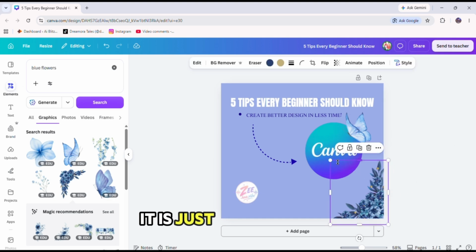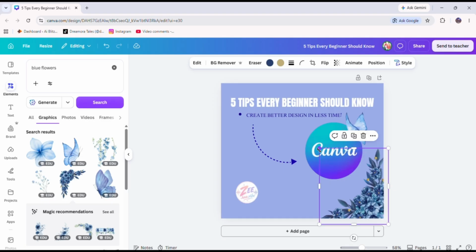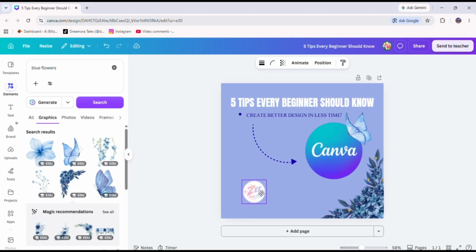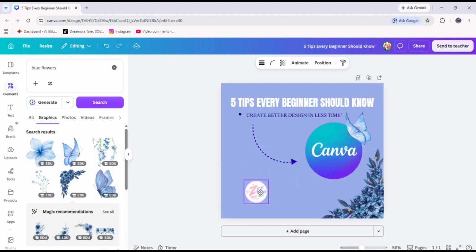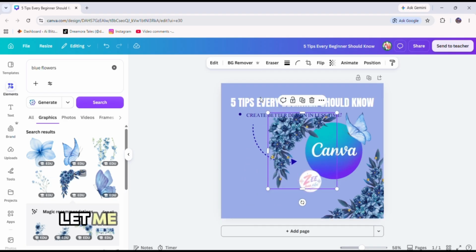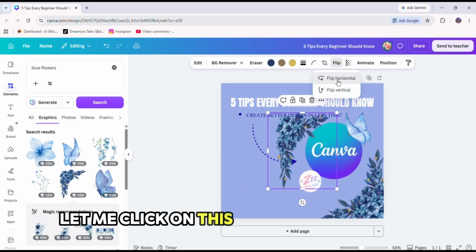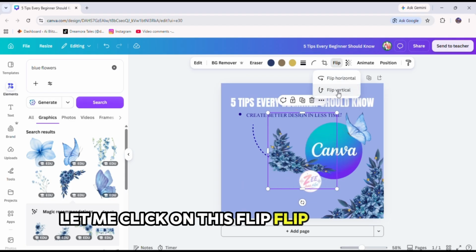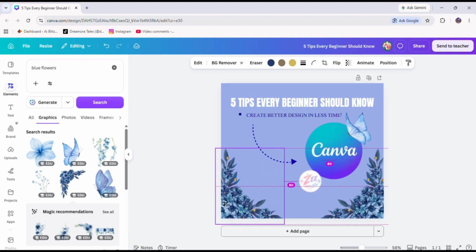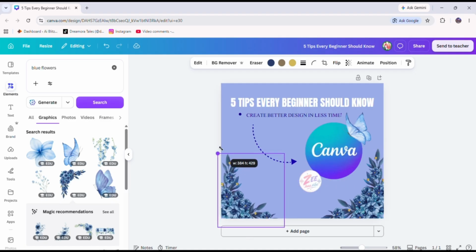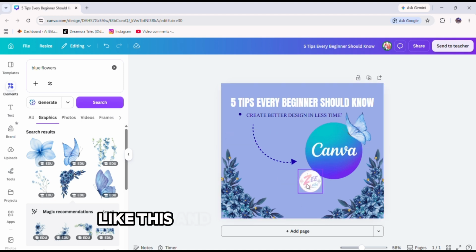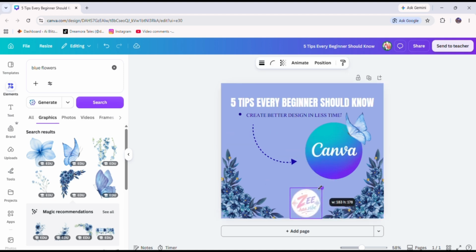It's just to record our image, okay? We can also add a brain logo. Let me click on this. Flip, flip horizontal. Like this. And I will add my logo,